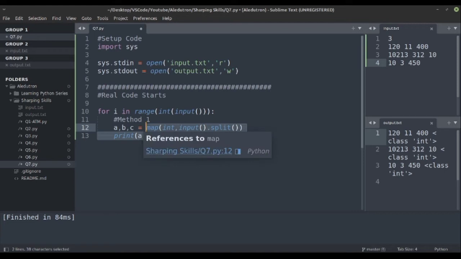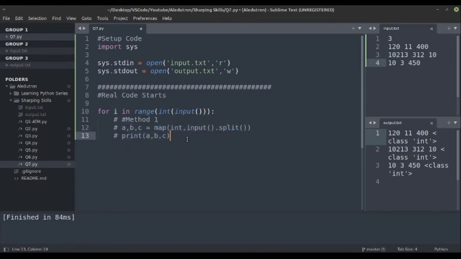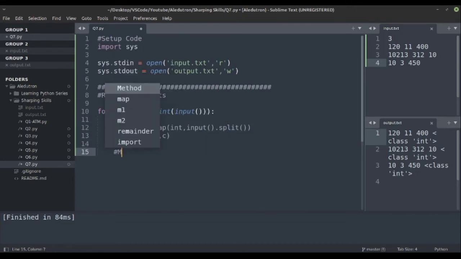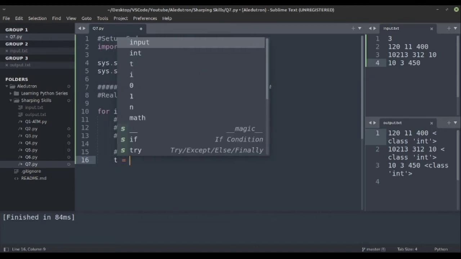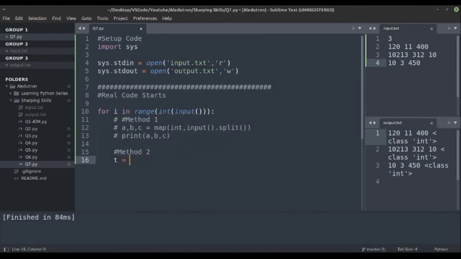Let's jump over to the second method. Let's comment this out first, or it will create confusion. So method 2, the longer method, like taking t equal to input, n. Let us take n.